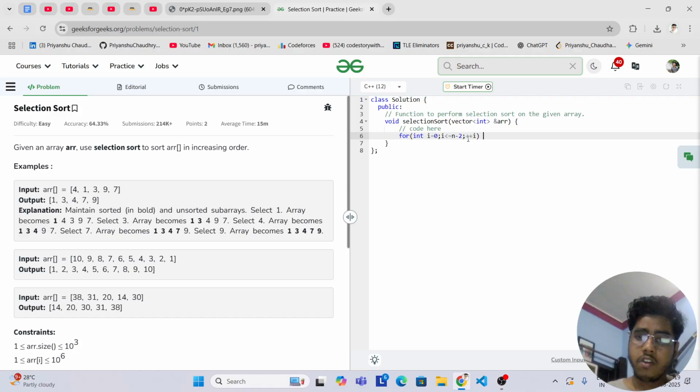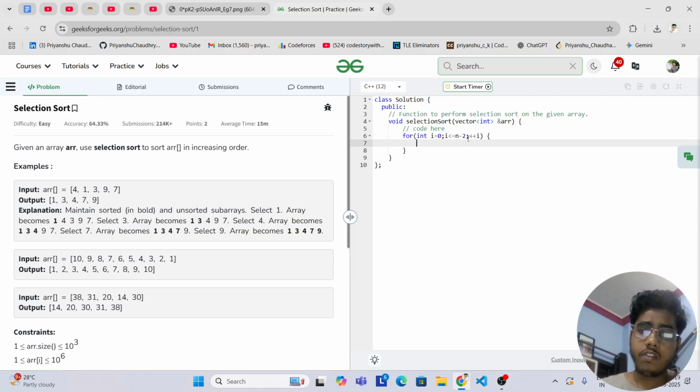Now what we have to do is find the minimum index. We can create a variable named mini index, and mark it as, let's say, the current index.